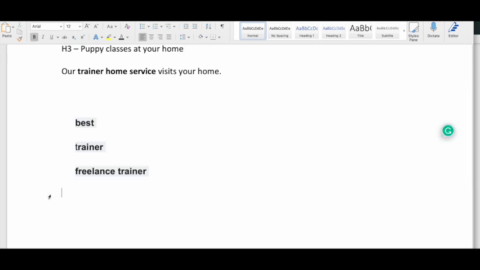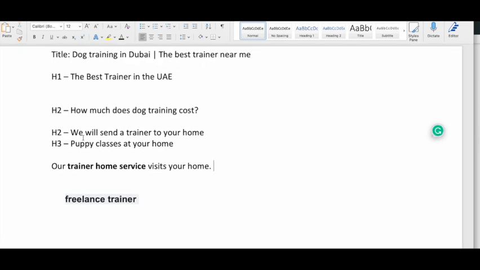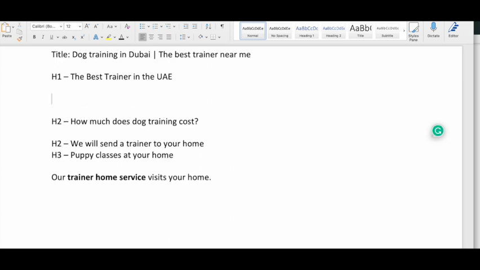Now, freelance trainer will only be relevant if you were a freelancer and didn't have a business registered. But if you want to do freelance trainer, you can add that to the content itself. So right here we're already semantically optimized. Now, when you actually fill in the blanks with the content, you'll be using dog, and